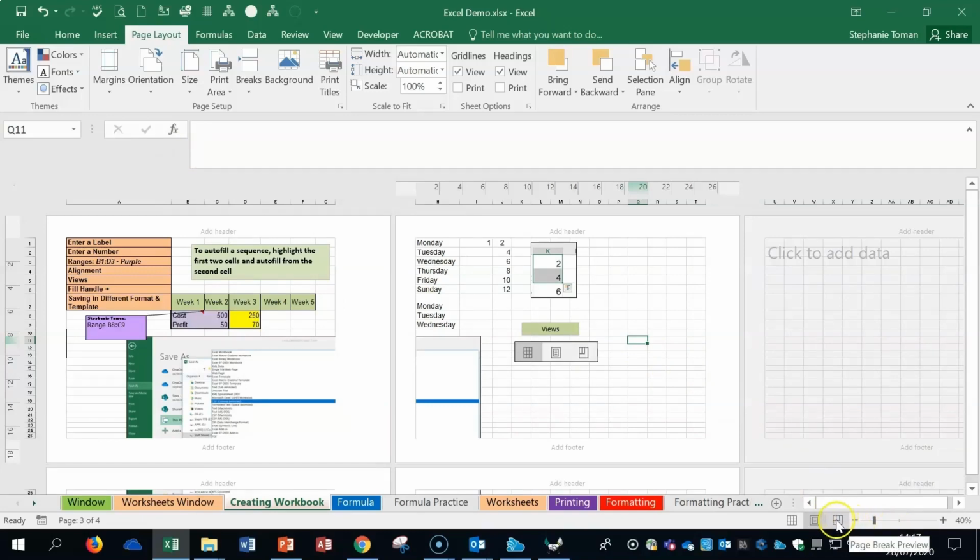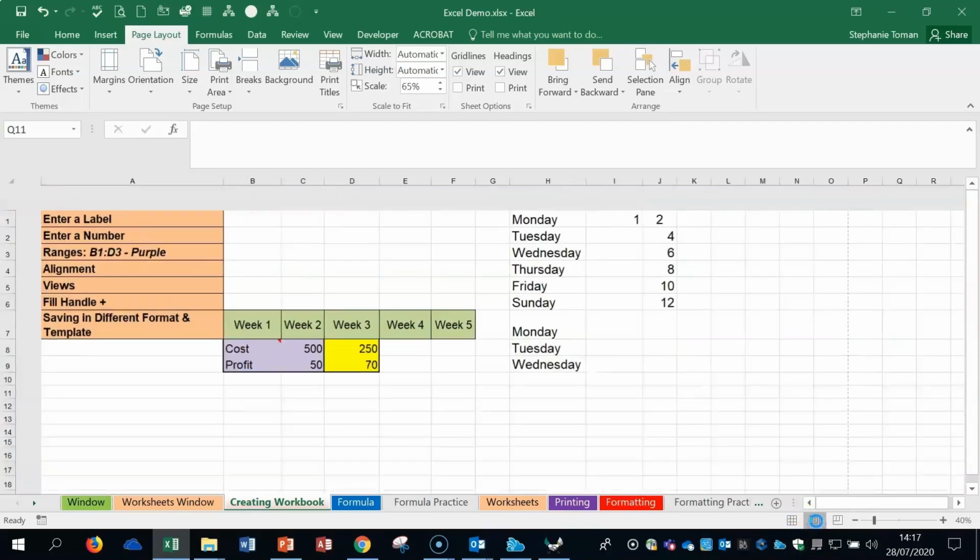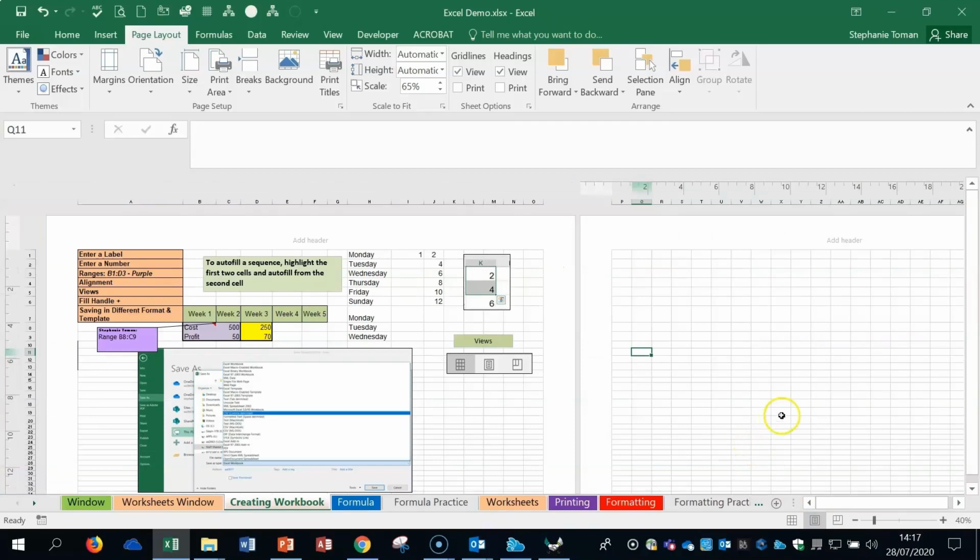This last one here, the page break preview, this is where you can see where that page ends. And you can drag it over and go back to page there, and you can see now that I've included it all on that page, but it is quite small, so be aware of